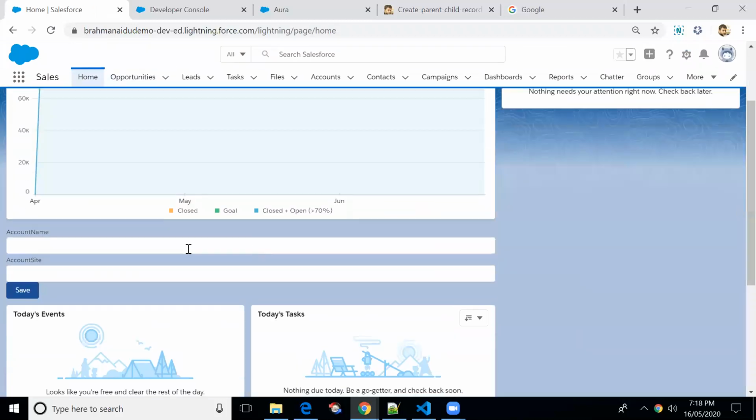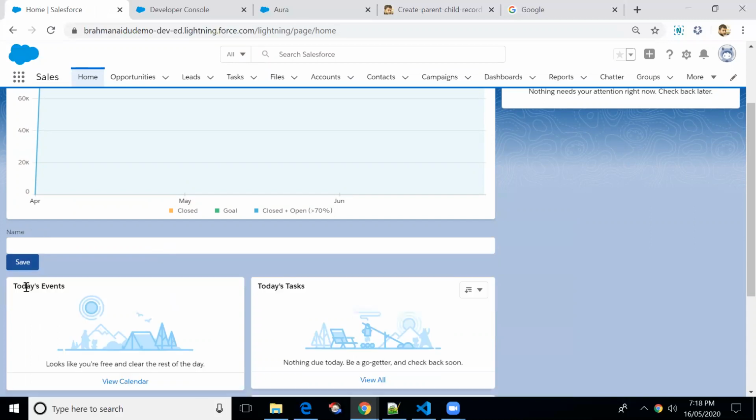Okay, so account name, account site, right? So Brahmanayudu demo, 33663. I'm clicking on save, right? So this is the opportunity form, right? So demo. I'm clicking on save.